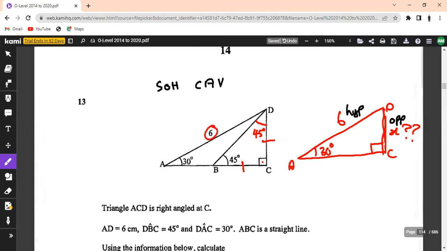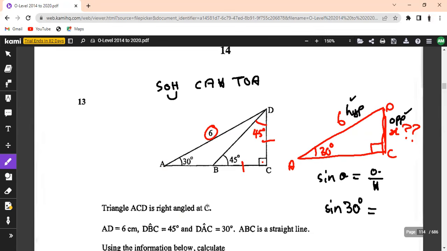So we know that from our soccer tower, the one that has opposite and hypotenuse at the same time is the sine, where we know that sine theta is equal to opposite over hypotenuse. So we can play around with this because we've got the theta in this case, which is 30 degrees. So sine 30 is equal to the opposite, which is the one that you want to calculate, which is this